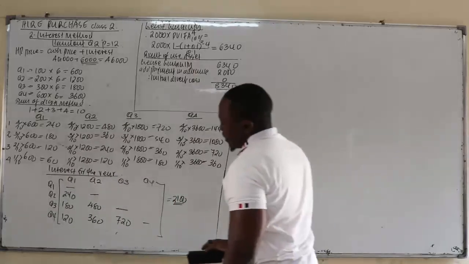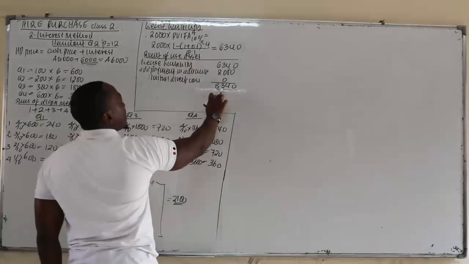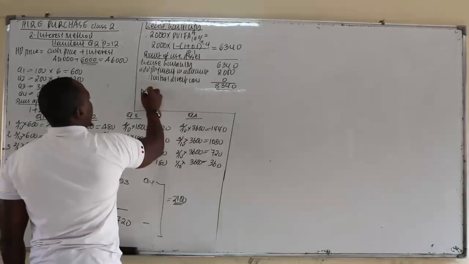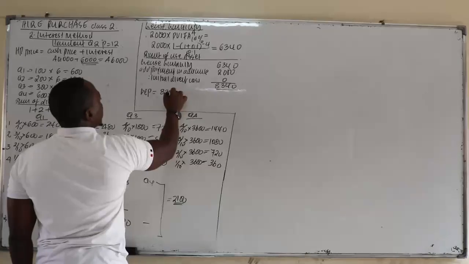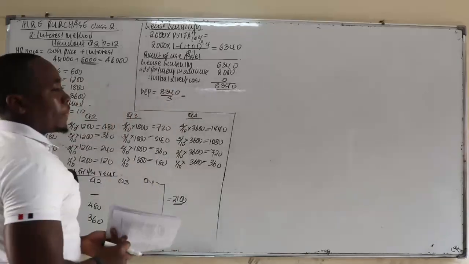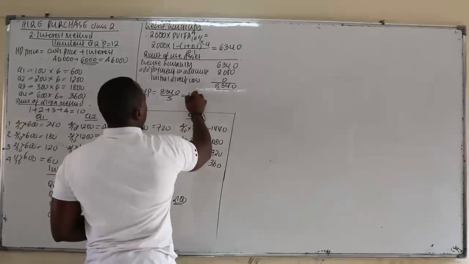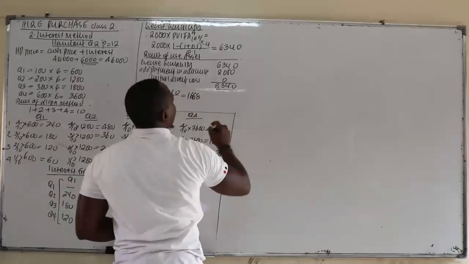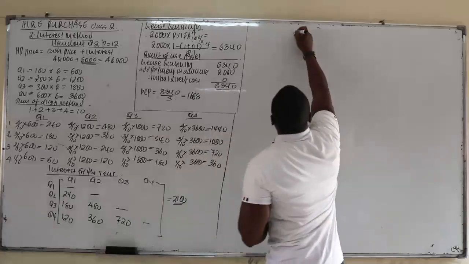Good. Now, once you have the right of use asset, you depreciate the right of use asset. So depreciation per annum will be 8340. You depreciate for 5 years. 1668, good. Then from there, we prepare a lease